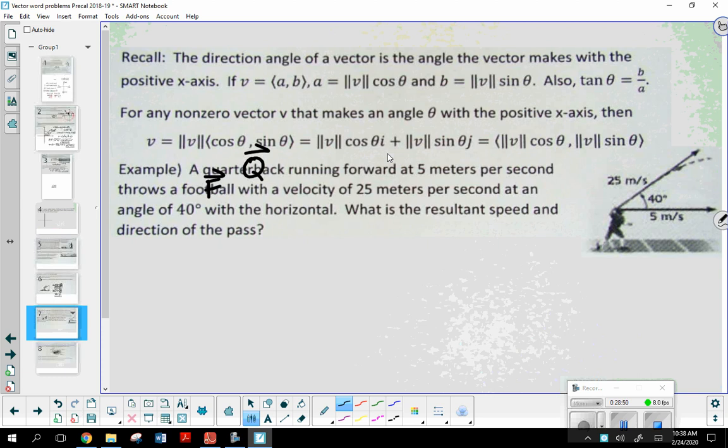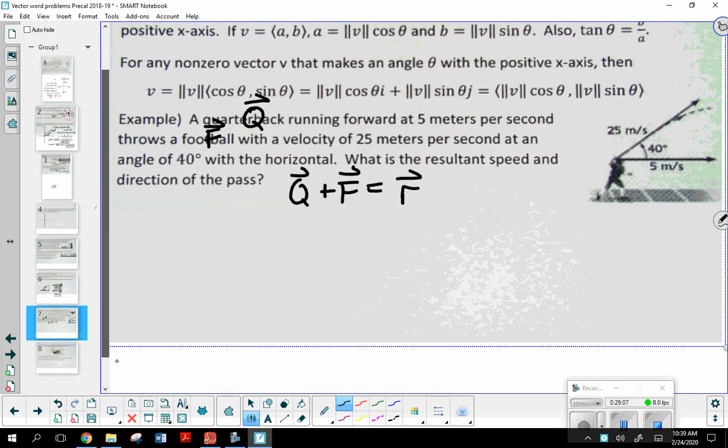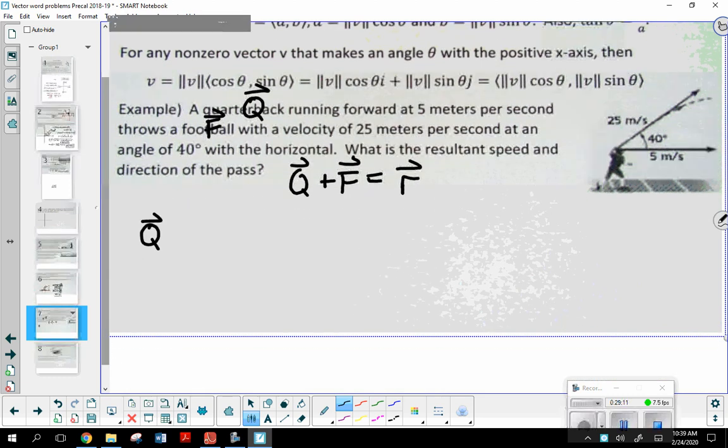Okay, so it's the same idea. I want to take these two vectors, I want to add them up, and that's going to give me the resultant vector, which is, once again, going to allow me to answer the question. Everybody okay? Okay, well, let's go ahead and find these. Now, one of them, was it the quarterback or the football? I don't necessarily need to use this formula right here to get it, because if you're thinking graphically, one of these vectors would be on an axis. Which one am I talking about?